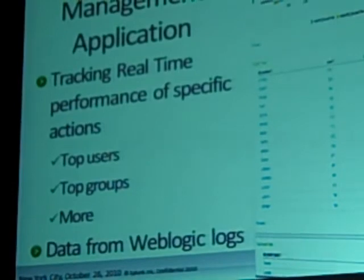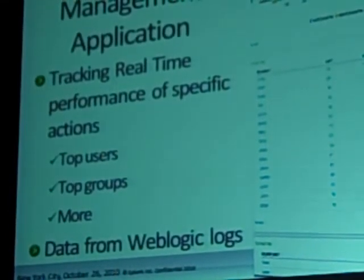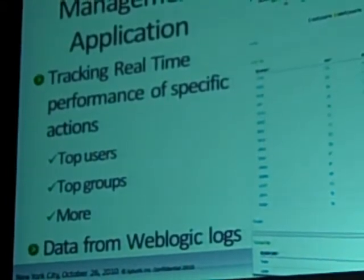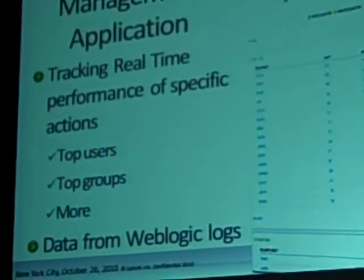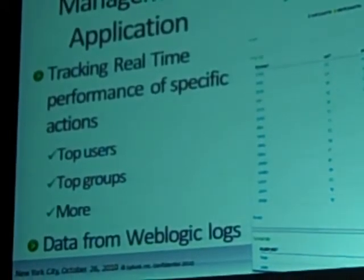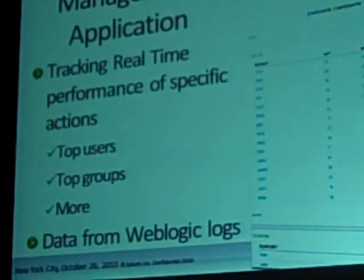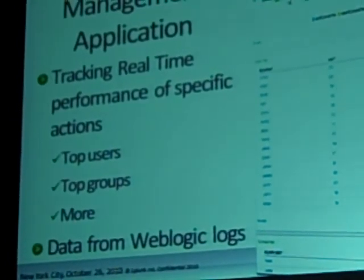So again, we use this to look at these intensive queries that they run. We have a significant back-end imaging and document management repository that's associated with the front end of the system. So matter management ties back into a whole EMC product suite on the back end. We have close to half a petabyte of customer data out there that they're running transactions against, and some of these transactions can be up to 20 threads across different activities going on at the same time. So there's a lot of risk to the application stack and a lot of risk to performance. We're leveraging Splunk to identify those performance hits before they become significant, and sometimes after the fact. But again, it's a proactive